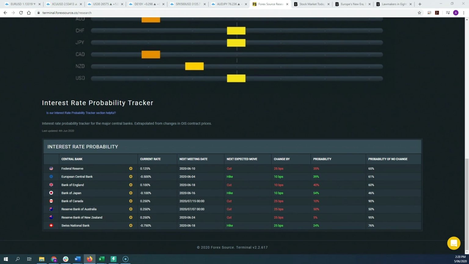Now, also keep in mind that central bank policy divergence works best when it's fresh, right? So just think of it like short-term sentiment. What we mean by this is if central bank A has been hiking for 12 months and central bank B has been neutral for 12 months, it's not really a new theme in terms of a new central bank divergence, right? It's been going on for a very long time. So keep that in mind. So the very best trading opportunities for this type of trade is when the shift in policy shifts expectations,